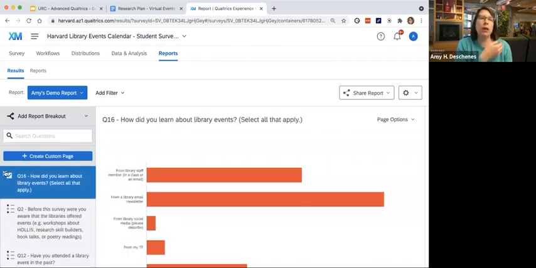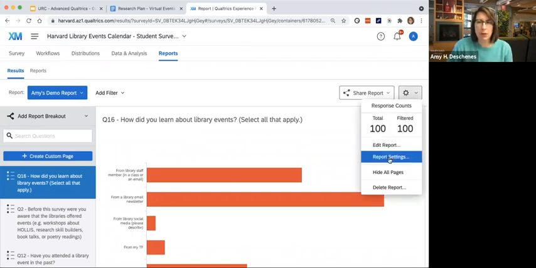I think it's important when you're making these reports to consider your audience. You also might want to make one report for the committee you're working with, and then one report for your manager. So you might consider what's the order of the questions, what's the most important thing to talk about first, what does this particular audience care most about? Depending on who you're speaking with, what you want to highlight from the data, or how deeply you want to delve into the findings, definitely keep that in mind. So that was edit report.